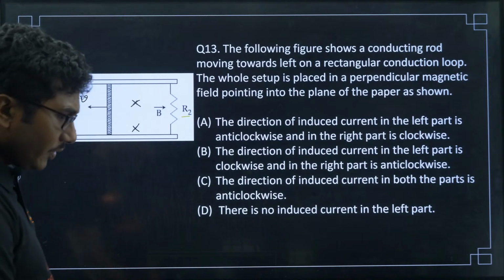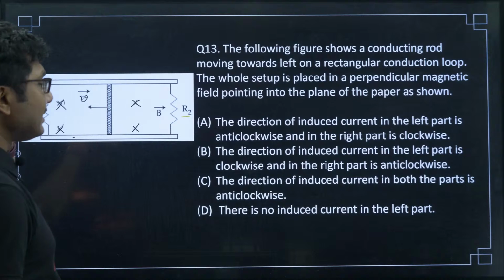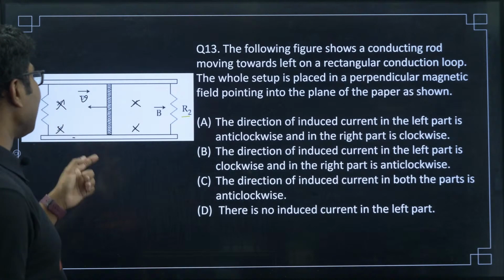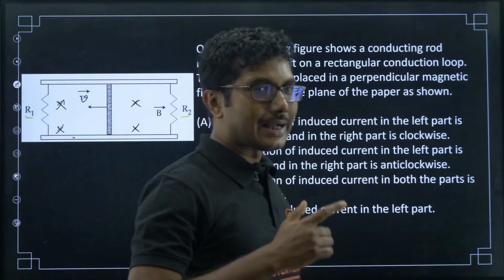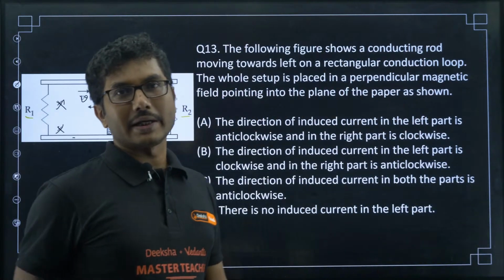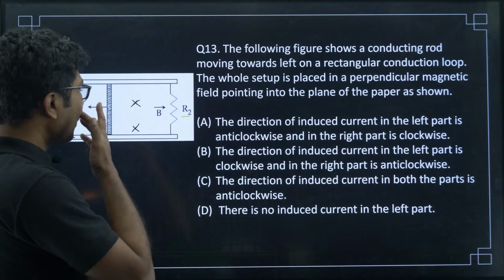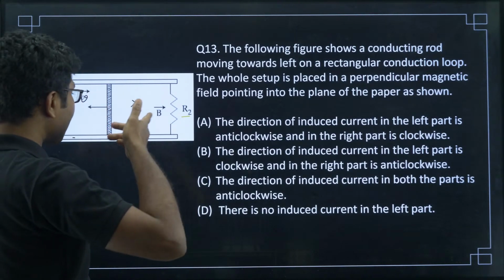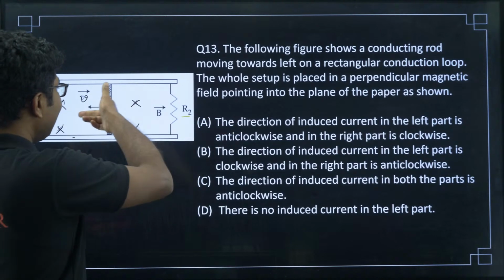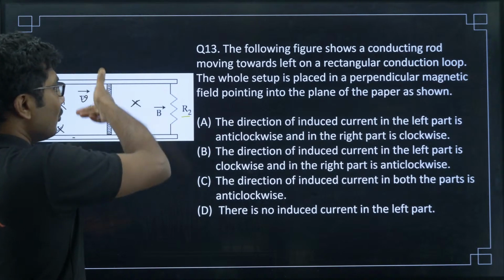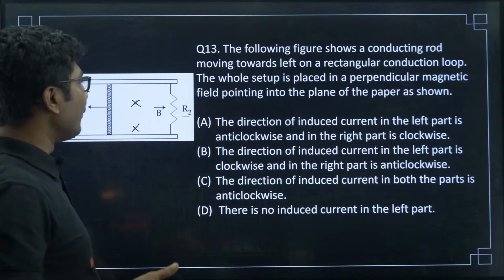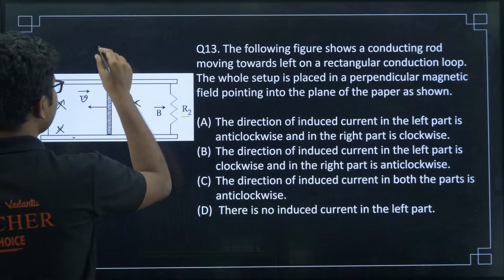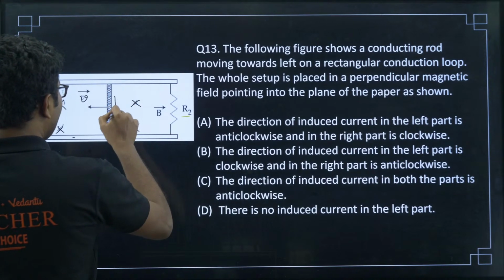So, first of all, the magnetic field is into the page of the paper, right. And the motion, so we have to use an old rule, that is right hand rule for induced current. Okay. So, first of all you have to say that the magnetic field is into the page of the paper, the motion of the object is in the left hand side. So, electrons will move in the upward direction. So, electrons will experience a force in the upward direction, which means current will be in the downward direction.